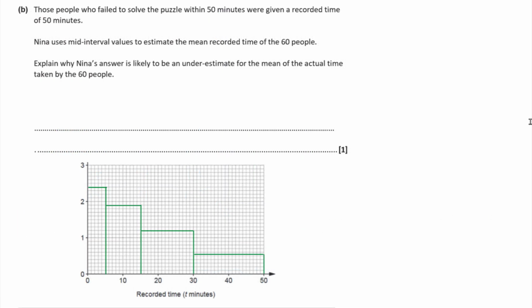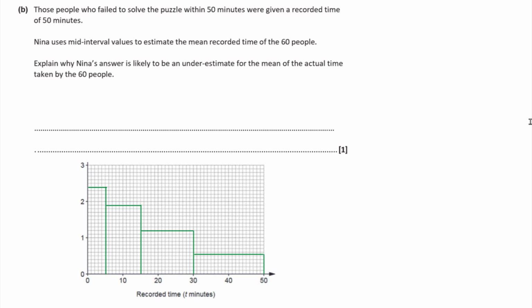Part B says, those people who failed to solve the puzzle within 50 minutes were given a recorded time of 50 minutes. Nina uses the mid-interval values to estimate the mean recorded time of the 60 people. Explain why Nina's answer is likely to be an underestimate of the mean of the actual time taken by the 60 people. Okay, so what we're doing there then, so to work out the mean, so we're taking the mid